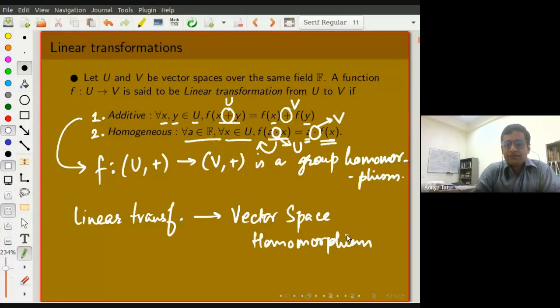So in that sense, with a group homomorphism, we can say that the structure of the groups is the same, whether it is U or V. If they are homomorphic, we understand that the group structure is similar, not the same. Similarly, if you have a linear transformation between U and V, the vector space structure is preserved. Okay, that is how one can interpret this. Any questions here? Okay, then